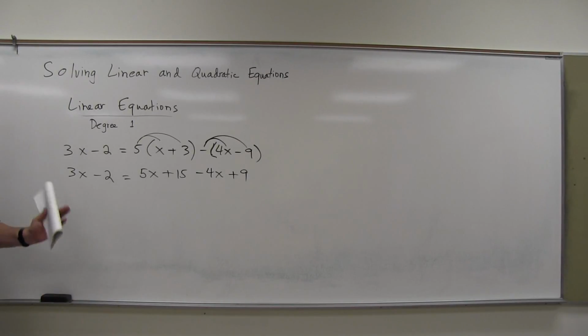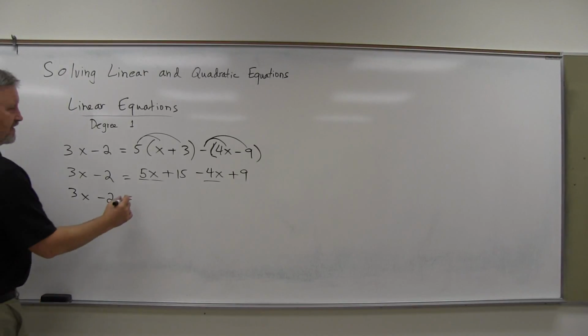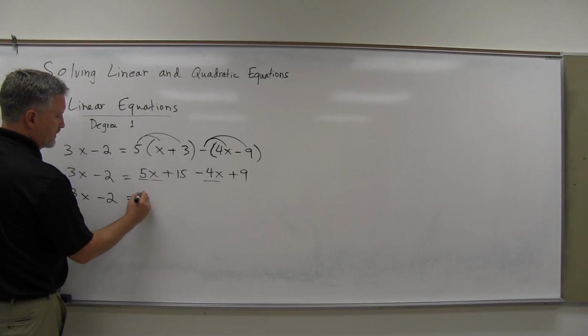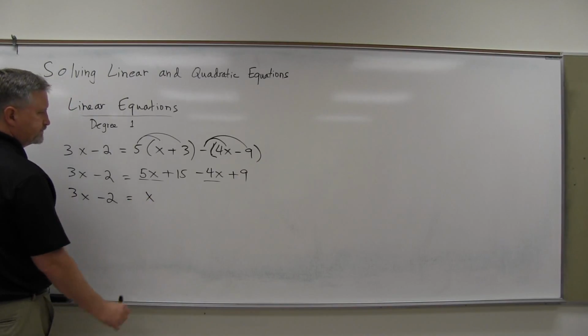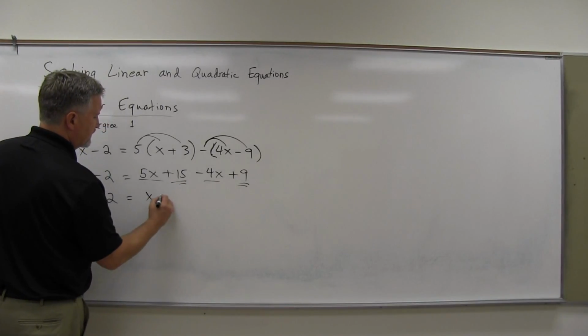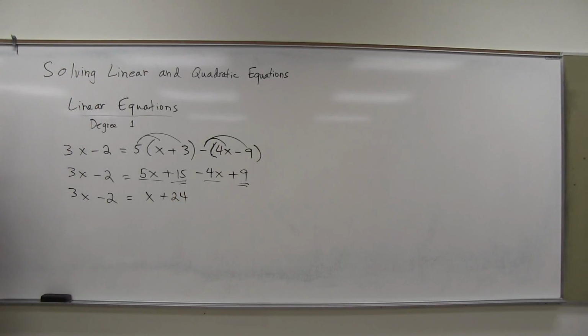Okay? All right, now, once we have that, then simplify, if we can, left and right side. Of course, the left side is not simplifiable yet. But over here on our right side, we've got 5x minus 4x, like terms, right? So we combine those, 1x or just x. And then the 15 plus the 9, that's plus 24. All right, so once we get both sides simplified, best we can, then, like I said, the goal